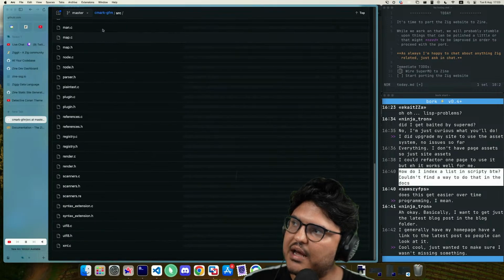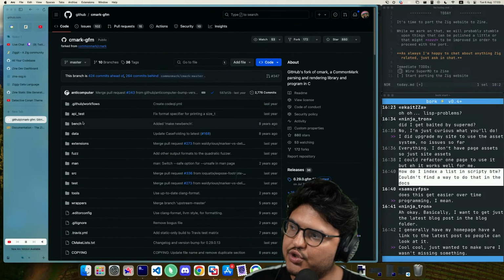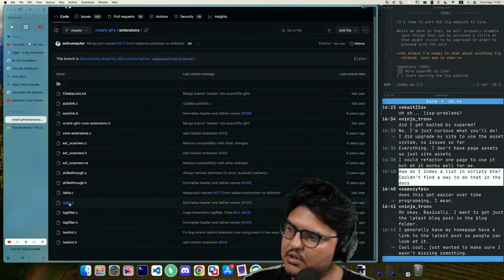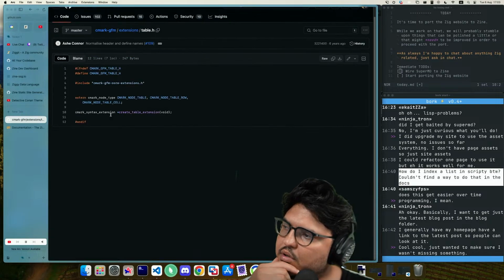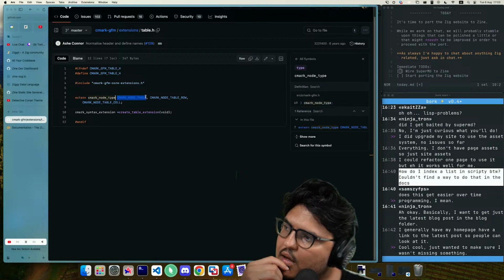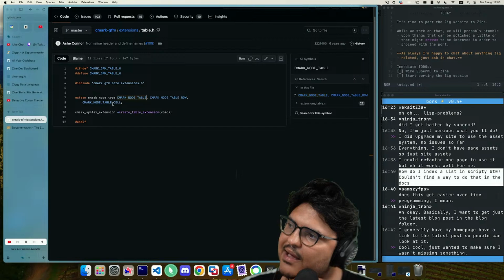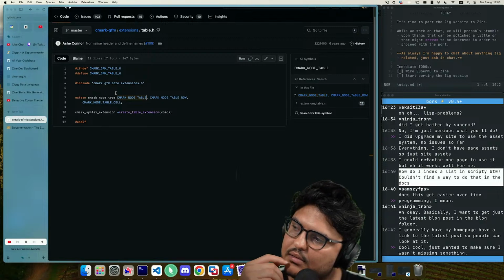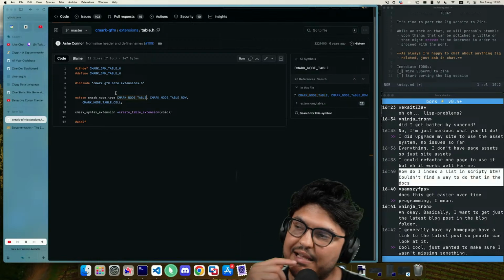I guess we can check if the table extension has some info about it. Extern CMark node type, CMark node table, CMark node table row, CMark node table cell. That's what we need.